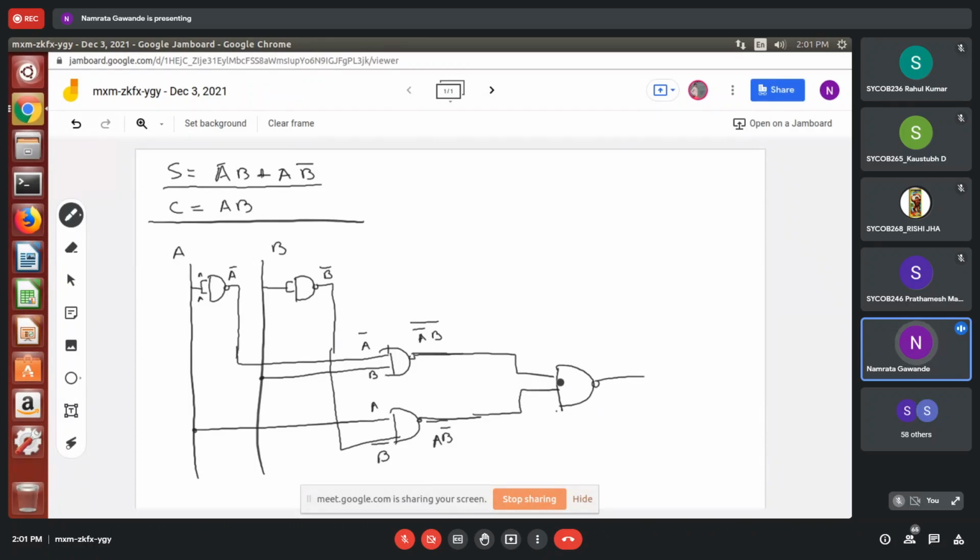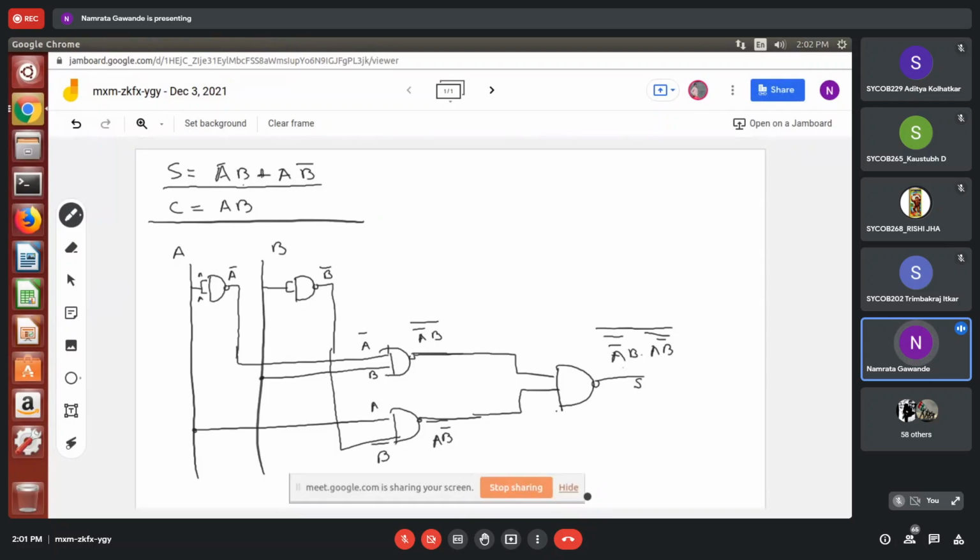So what will be the equation that I will get? A bar B dot A B bar, right? The complement of this and the whole complement of this, right? So this is the final equation of sum that I will get. Okay. I have shown you how to prove this using De Morgan's law. So with this equation, I can prove this equation, right? With the help of De Morgan's law, you can prove it, right?